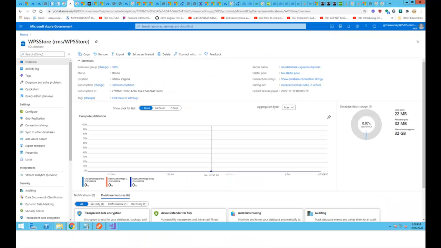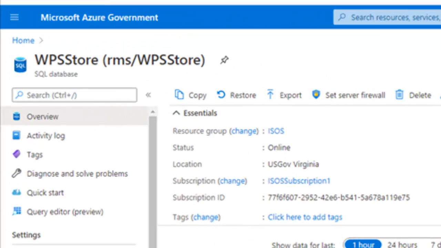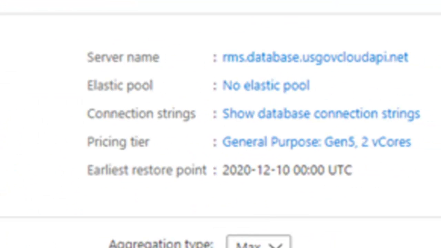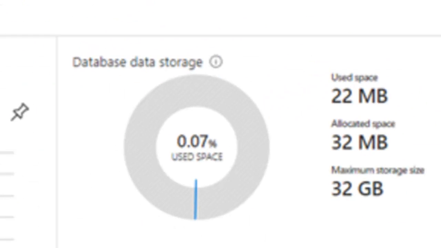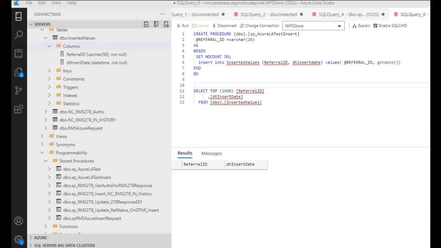Now let me show you. This is the Azure database which I made there. You can see on the right side there is a server name that's used for connection as a connection string. There are different parameters. It's a small one, you can see 32 megabytes. That was still online back then when I made that image. And this is the